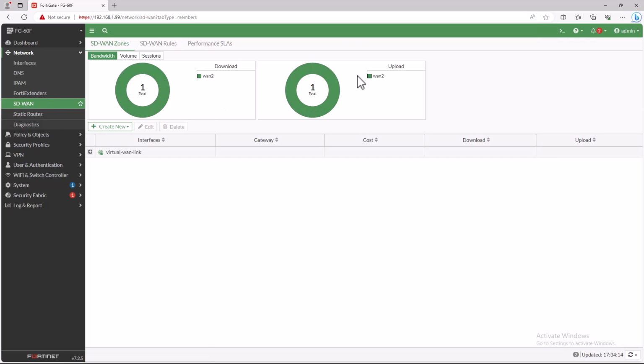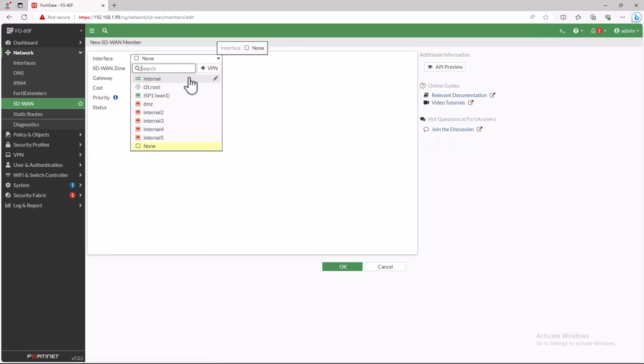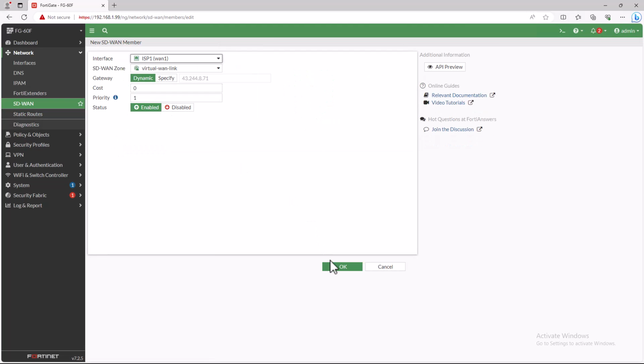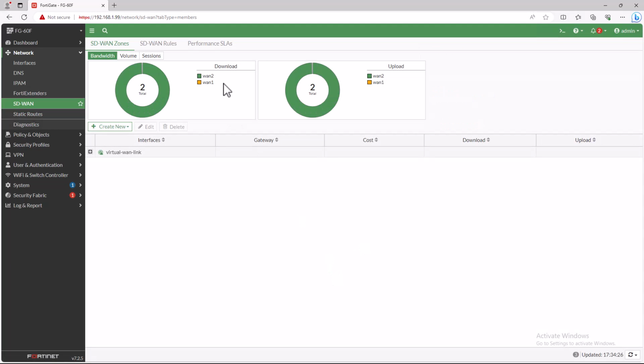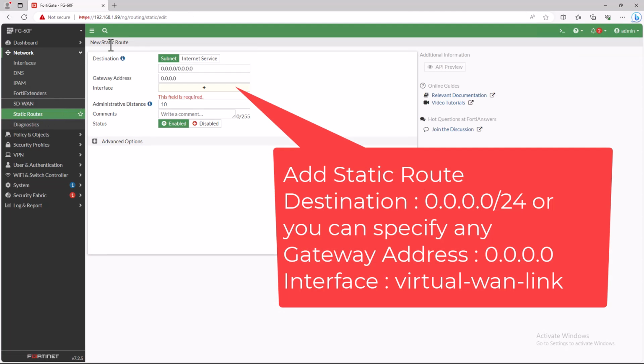Go to Network, SD-WAN, select the SD-WAN Zones tab, and click Create New, SD-WAN Member. Leave the SD-WAN zone as Virtual WAN link. After creating the SD-WAN member, let's add the